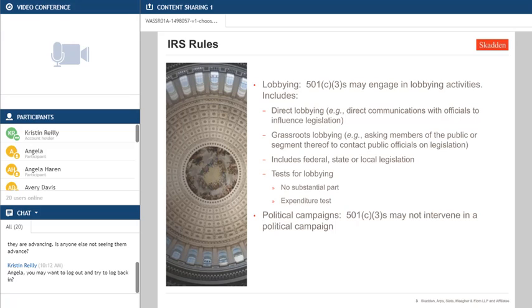And we're going to substantiate that in case we get examined. And we're going to elect that and disclose it publicly on our 990s, so anybody can see how much we're spending. And the IRS is okay with that. So the bottom line, I think, for today, all you really need to know is that any charity can engage